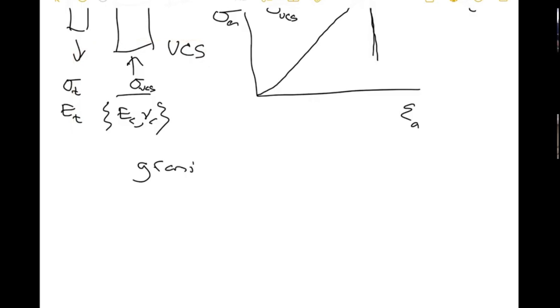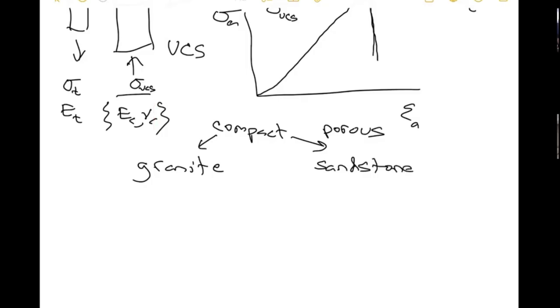Okay, and remember we talked about two types of rock. In general, you can talk about compact rock, with very, very little initial gaps and cracks in it. A granite is an example, and you can talk about porous rock, I think. And for that, an example is sandstone. Let me make sure, what are we calling this thing? Just a minute. Yeah, compact and porous. Okay.